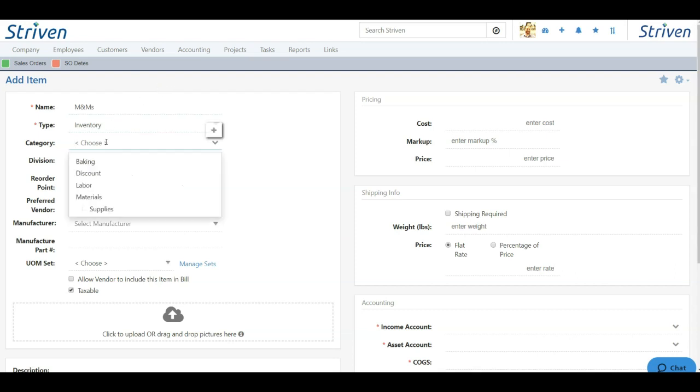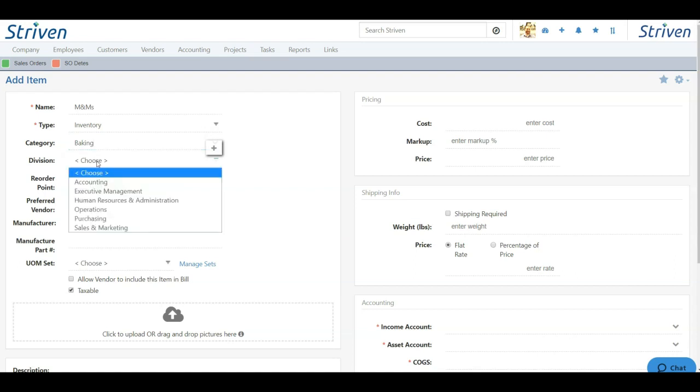Now categories, we can choose anything here. We also have a plus option to add a brand new category, but I'm just going to choose baking, and we'll also associate a division operations. Now the reorder point is the minimum value. What is the lowest point that you don't want to run underneath? So if I always want to have, let's say, 20 bags of M&Ms on hand, then I can choose 20